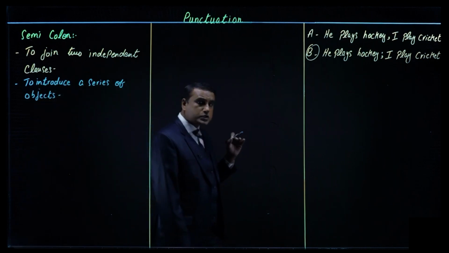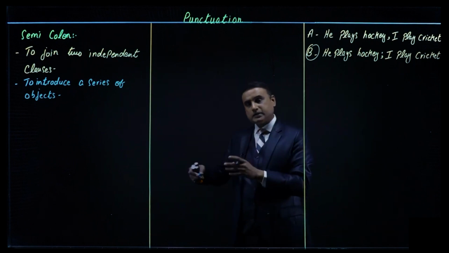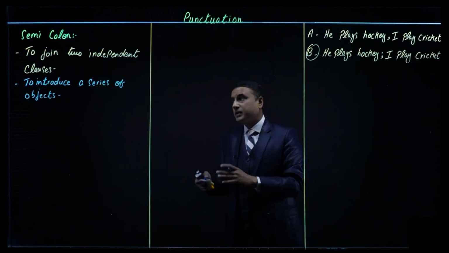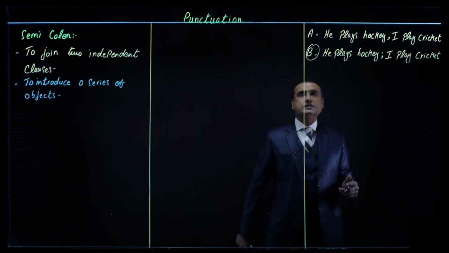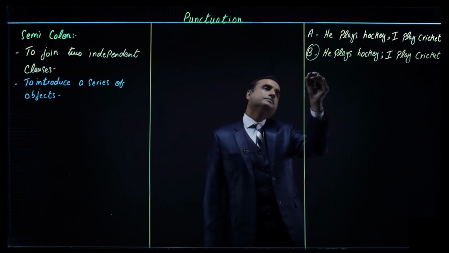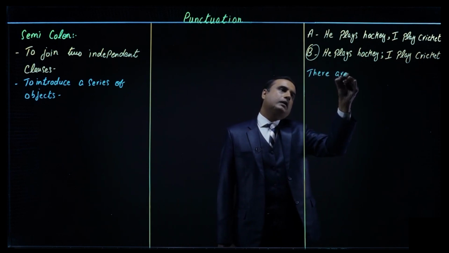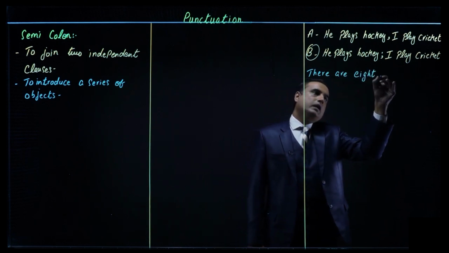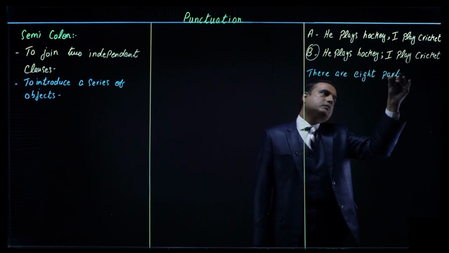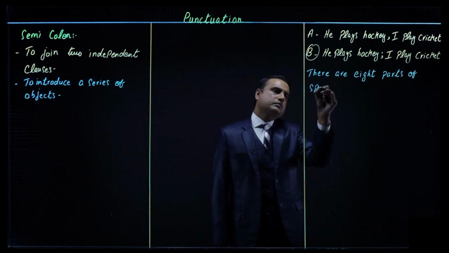Remember, we use comma to separate the different items in a series, but here we are using semicolon to introduce a series. For example, if I say there are 8 parts of speech,